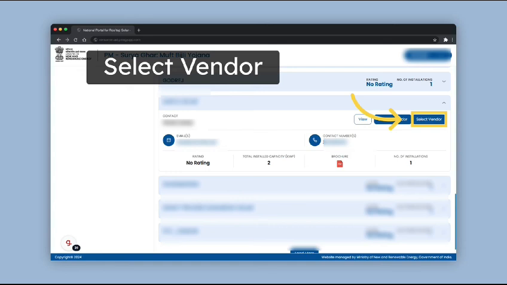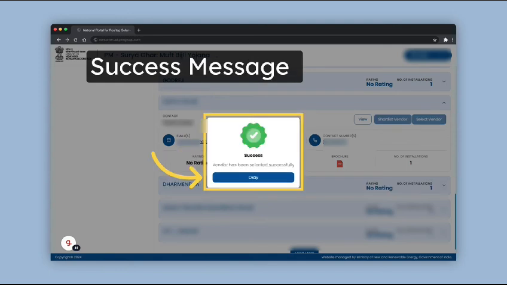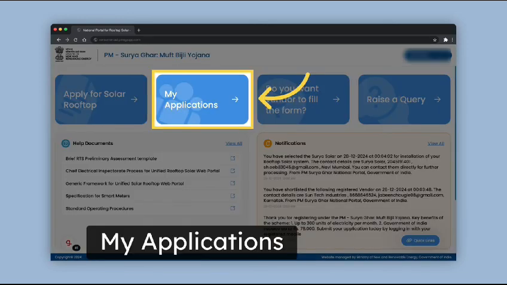You can click on Select Vendor to choose the vendor you want to go with. Once you click on Select Vendor, you are asked for confirmation. Click on Yes to go with the selected vendor. You will receive a success message. Click OK to close. If you choose to fill in the application yourself, you can proceed by clicking on My